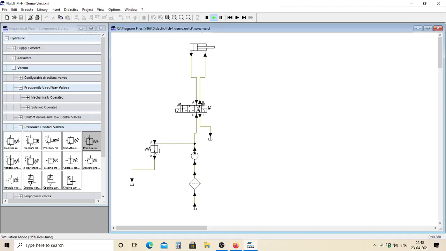See the speed of the cylinder, the speed of the cylinder is very slow. Now in case of the regenerative principle, again check the speed of the cylinder at the extension. You can check. At the end you can hear the voice.